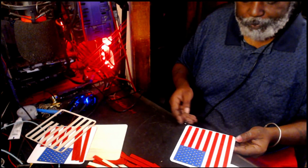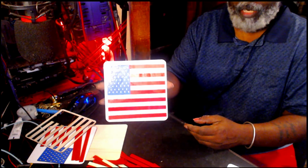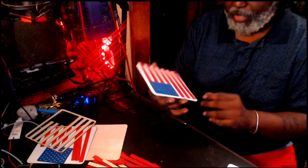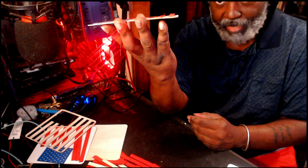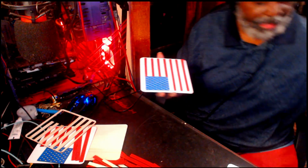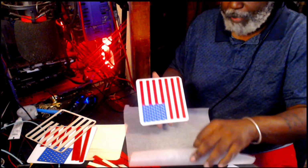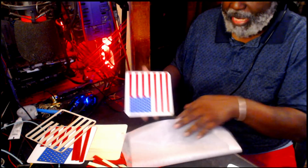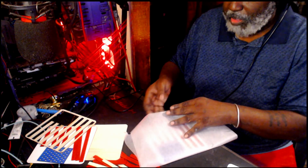All right. So as you can see right here, this is the completed design. You can see it's on there extensively. If you look at it from the side, you can actually see the depth. Now you can see it's curling up on one side, because that's where the last step comes in. You have to have parchment paper or whatever paper you have. It's got to be non-stick, something that's going to be able to sit on top of it,